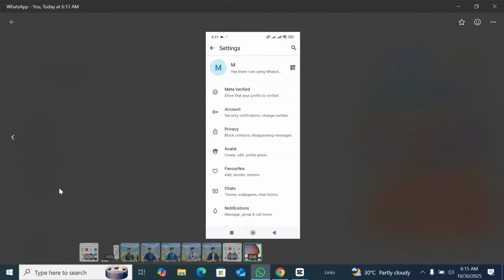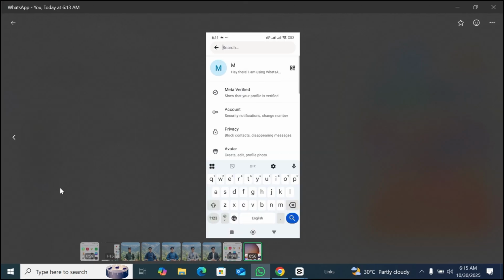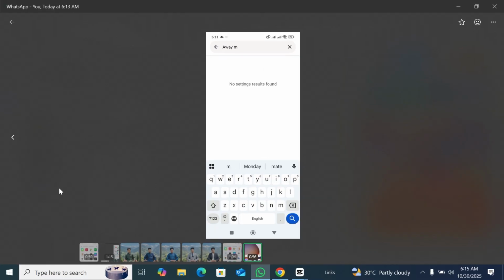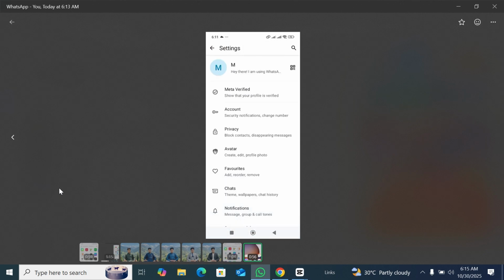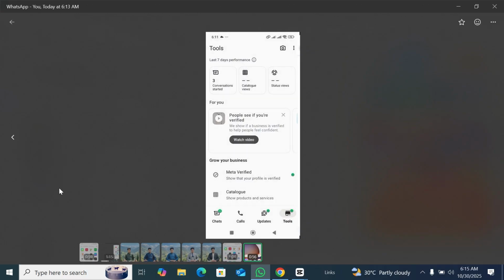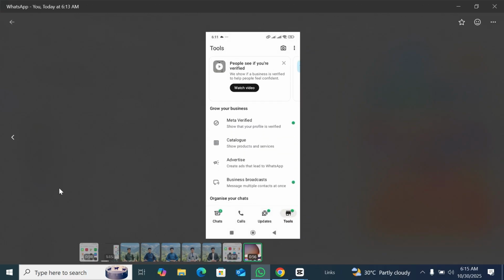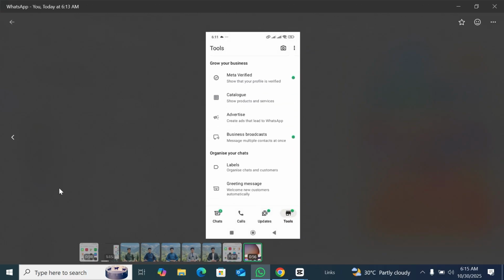Under Settings, you'll find an option called Business Tools. If you see the Business Tools option, tap on it, and under that, you'll find Away Message. If you don't find it directly, you can use the search bar and type Away Message. Once you find it, tap on it, and you'll be able to set the date and time to schedule your